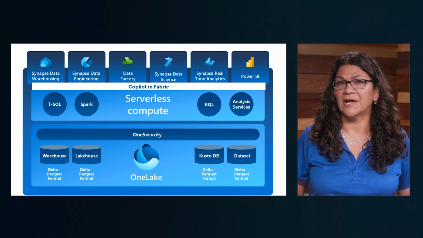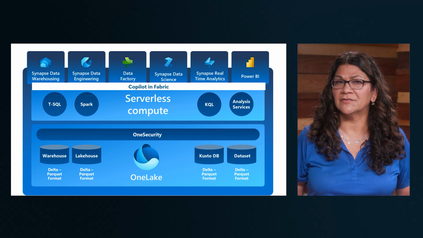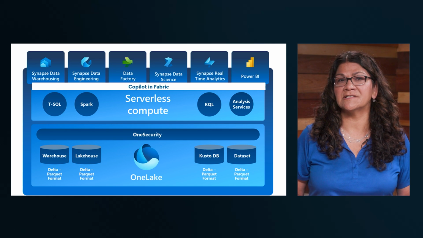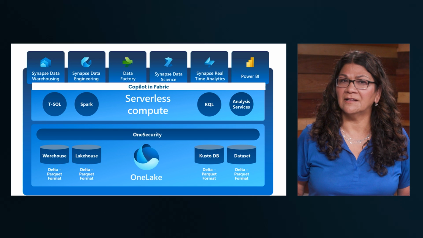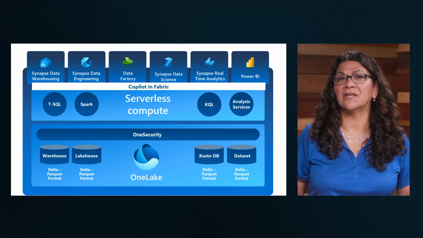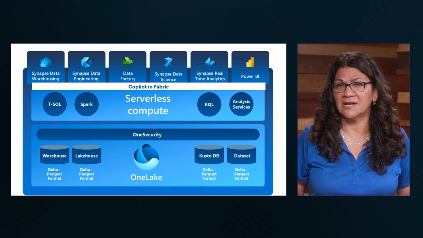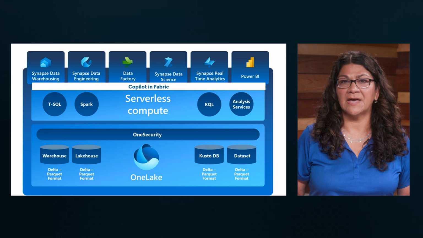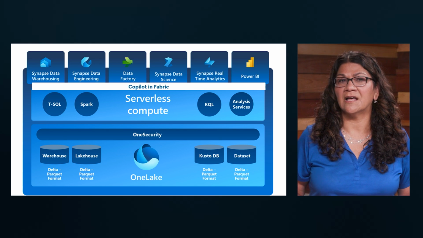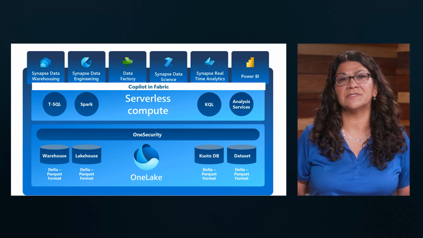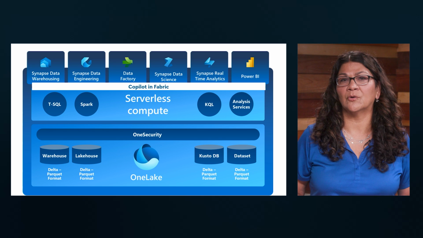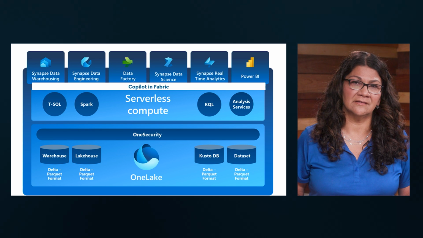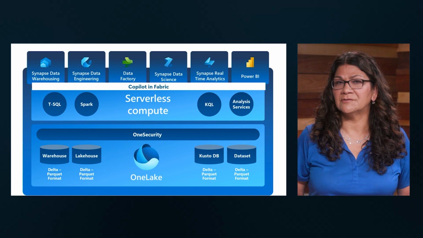Now let's focus on Microsoft Fabric, which the Power BI service is a part of. Here you can use Microsoft Fabric, a SaaS or software as a service, to do the ETL, extraction, transformation, and loading, or even streaming data processes. Microsoft Fabric has no architecture to set up, manage, or scale. You can use it to create a lakehouse if you need to support all types of data, structured, semi-structured, or unstructured data, or create a warehouse if you have only structured data. For streaming data, you can create a custom database.